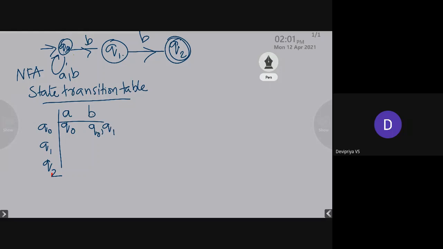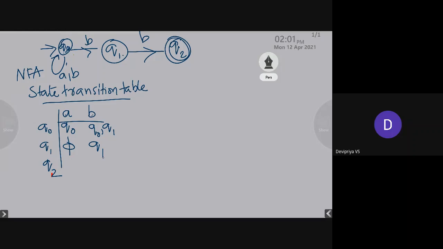So here, on the same input symbol, from a single state, it is moving to 2 other states. And coming to Q1, on receiving the input symbol A, it is not making any transition. As a result, it is phi. And from the state Q1, on receiving the input symbol B, it is moving to the state Q2.